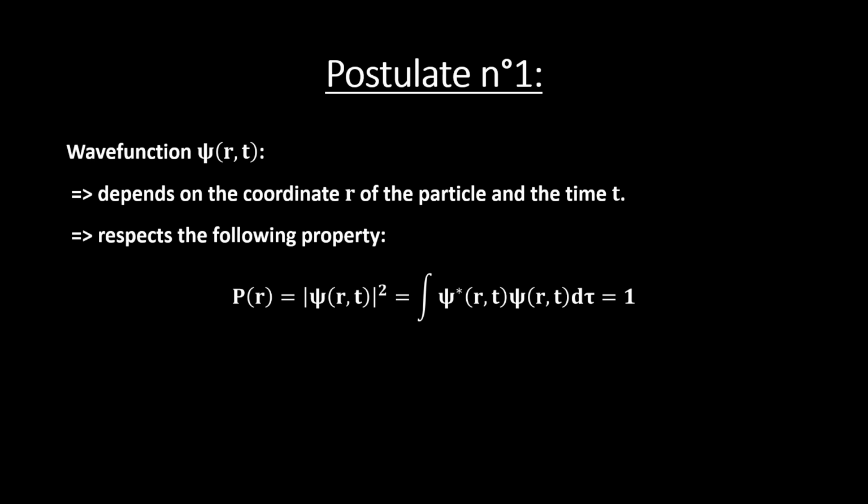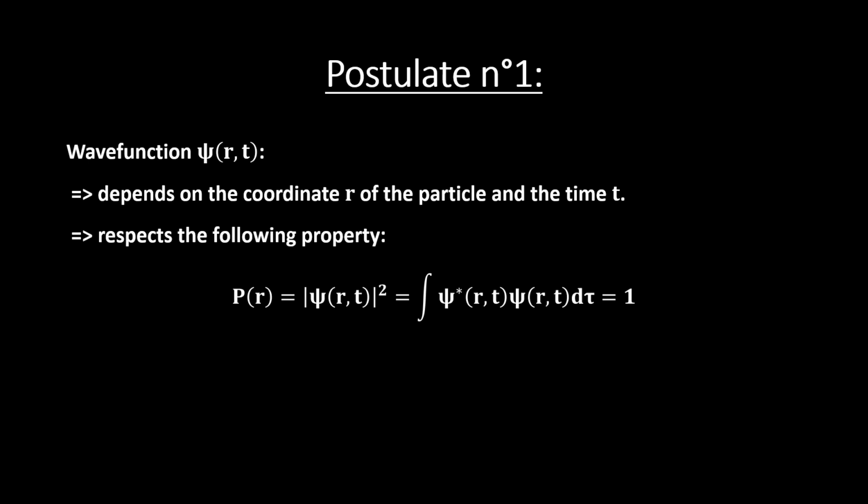A condition of normalization that must be satisfied and which ensures that the particle lies in the volume element d tau, with the probability that we can see in the following equation. Thus, according to this normalization condition, the wave function is first of all positive. Indeed, we can see that the probability is strictly superior to 0 whenever it is in the equation. And moreover, the wave function is single valued.